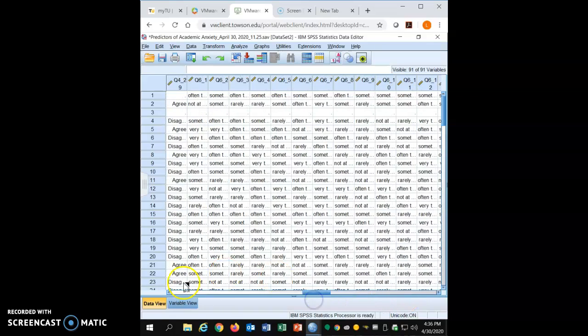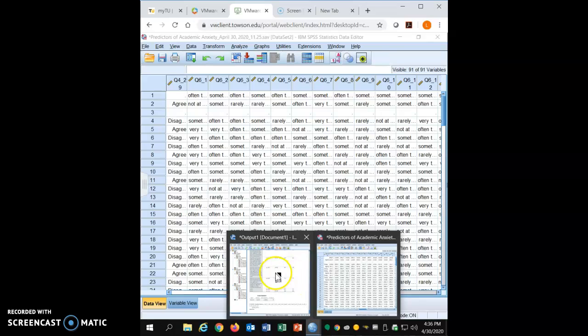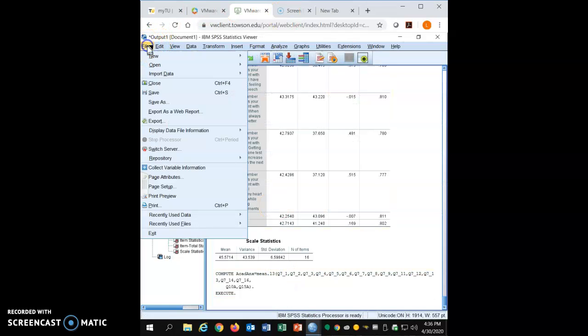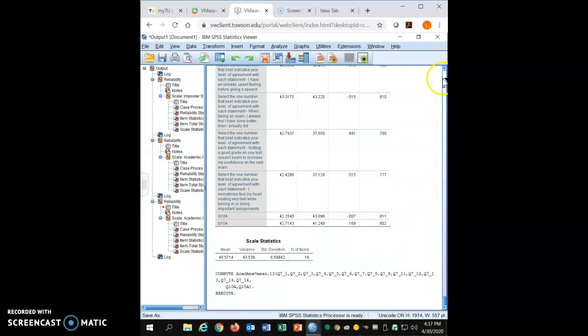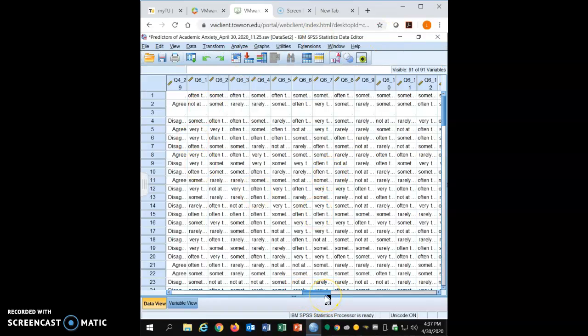And so I'm actually going to close out this output file, and I'm going to save it first. So I'm going to save as, and I'm going to call it predictors of academic anxiety, reliability analysis and descriptives, and I'm going to save that. And so I can close it so that the next set of analyses will show up in a different output